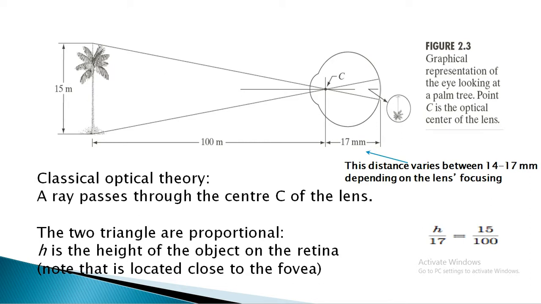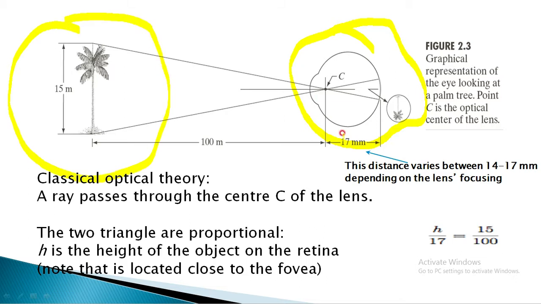Say for example, this is my whole eye, and this is my retina. I hope you might have already heard n number of times that whatever image you see, say this is my image, which is somewhere at a distance of 100 meters. So when you see the image, that is the coconut tree, when it falls on the retina, it will be an inverted image. So you can say these two triangles forming here are inverse to one another, right? So the inverted image will then be visible to us as a proper image.